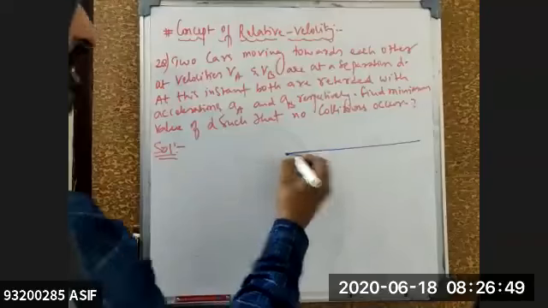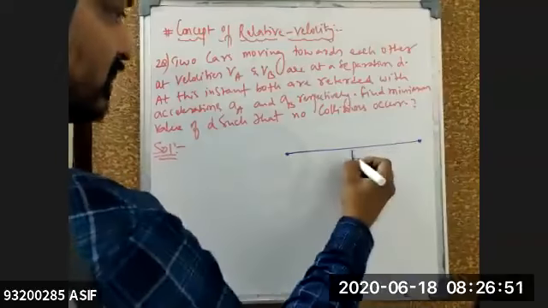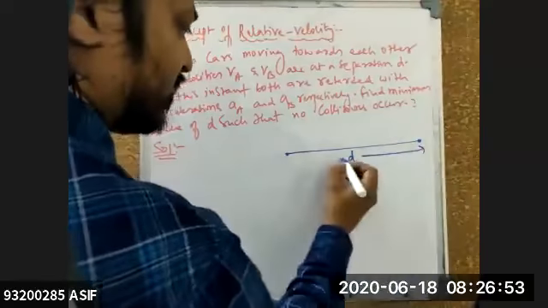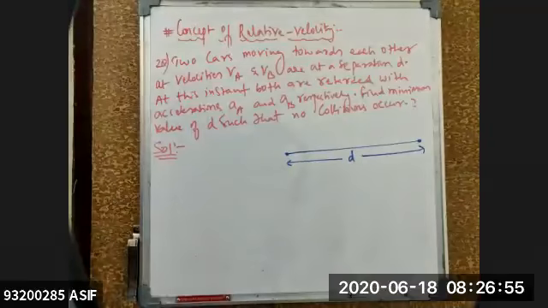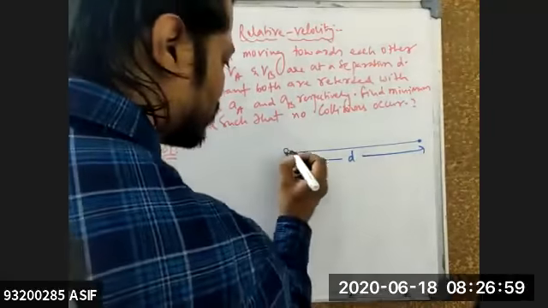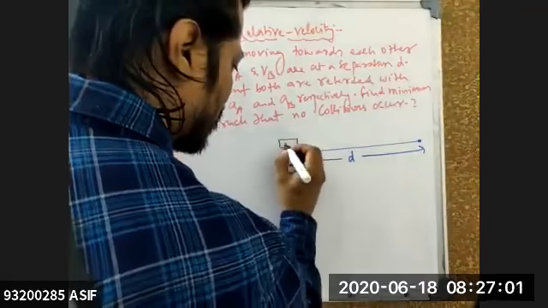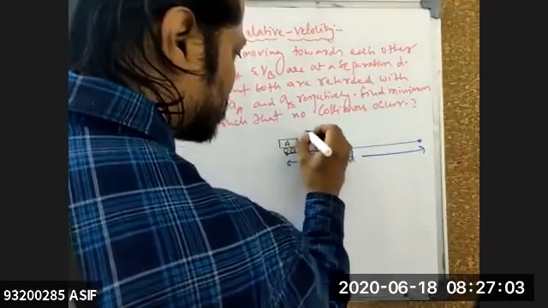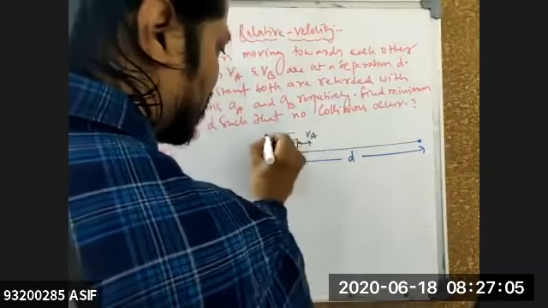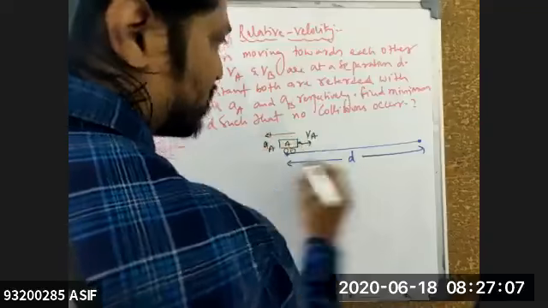These are two cars. This is your first car, and this is your second car. Distance between them is nothing but a purity. I'll try to draw the cars for you right now. This is your first car, car A, moving in this direction. This is the velocity of A. Retarding, so acceleration will be acting in the opposite direction.